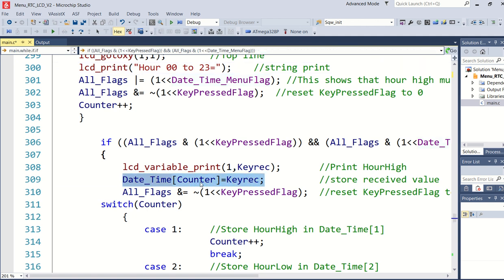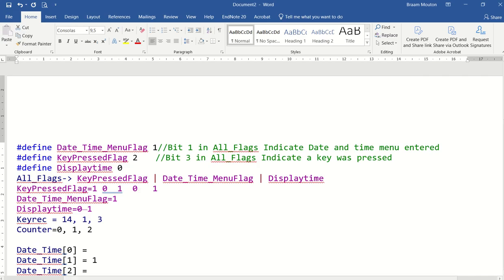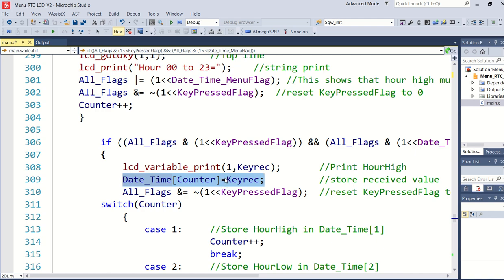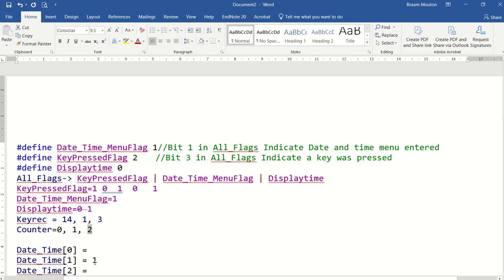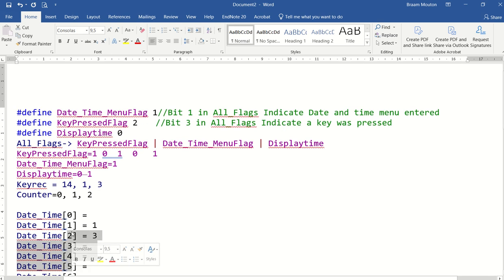The counter is now a value of, if I look at this one, the counter is a value of 2. And I'm saying in my program, go to the array, element number 2, and place key rec. So key rec is now a value of 3, which is placed in element number 2 of the specific array. So from this, what can you see?